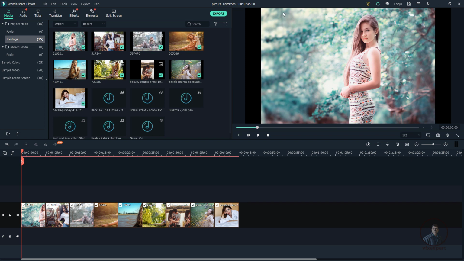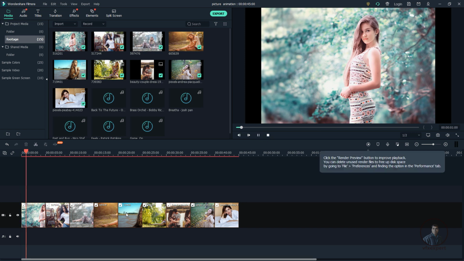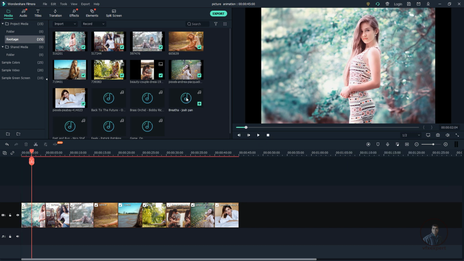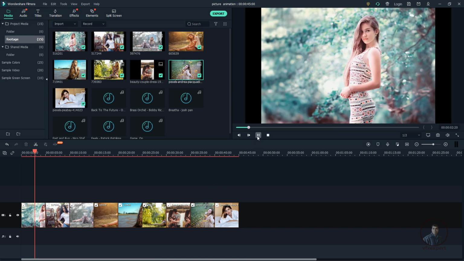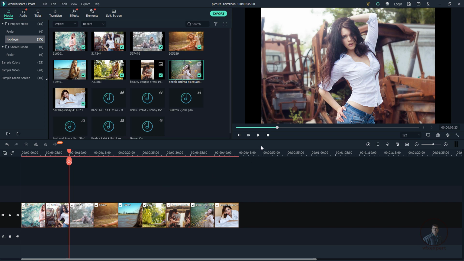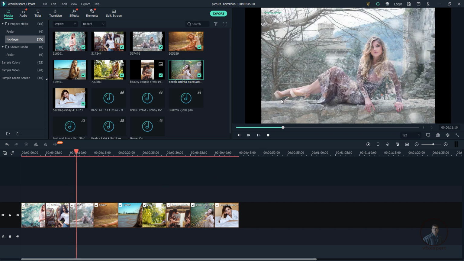Remember this one, this is actually just a viewer here. If you select this timeline and click on play, this will play this timeline. Even if you double click on any media inside this media browser or inside this media folder, this will display that media here. So you can see here. Now just select this timeline again and just play. This will play your timeline. So this is actually our viewer here. Remember this one. Now I have selected this timeline, so play and check. Simply we can see here.